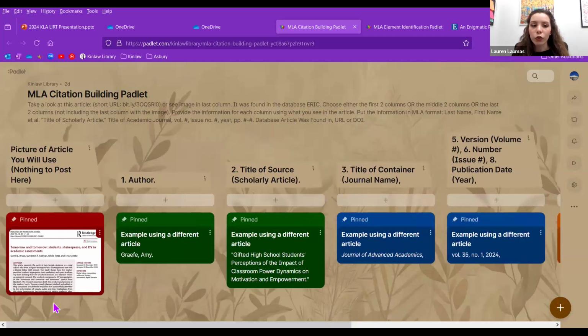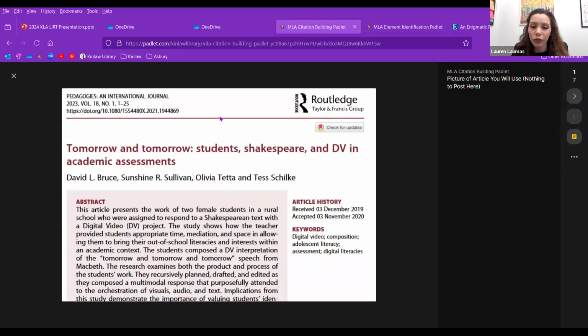And what I had the students do was this very first box here, which is an image I took, just a screenshot of an article. I told students that this has all the information you need for an MLA citation, except it doesn't have the name of the database I got this from. So I told them I got this from a database called ERIC, ERIC in all caps. I said that you could do this individually or in groups of 2 to 4, and you're going to take the information that's here and put it in MLA format,